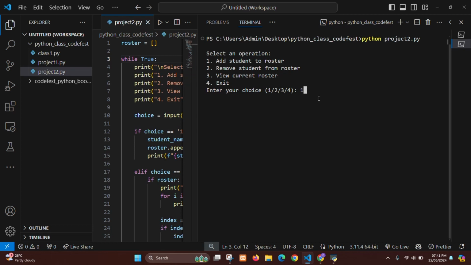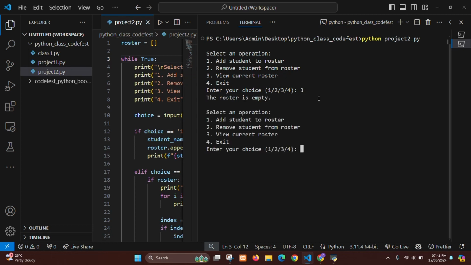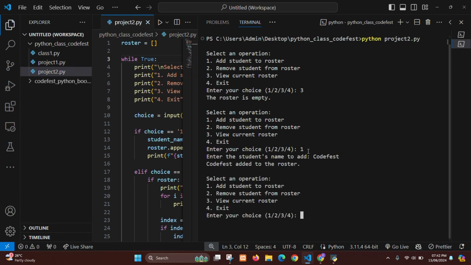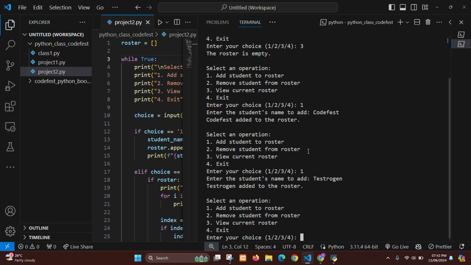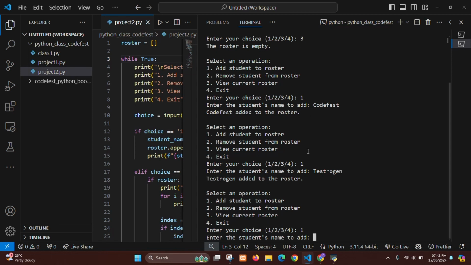Now let me take number 1 to add student. If I view my roster by using number 3, I won't get anything because my roster is empty currently. Now I want to add a student, so I go with option 1. What is the name of the student that I want to add? Let me add CodeFest first. Now I want to add again, so I choose option 1. Let me add test region. Number 1 again, I want to add. Let me add the GB